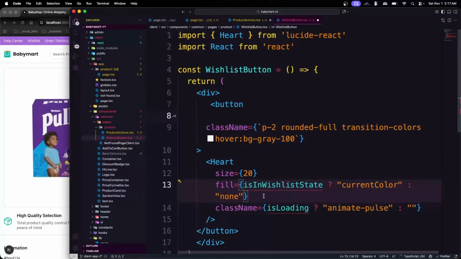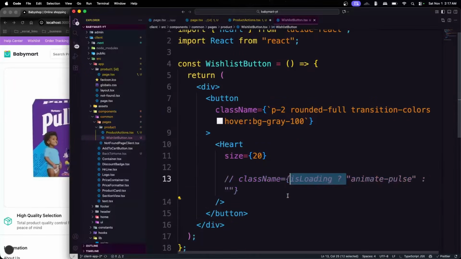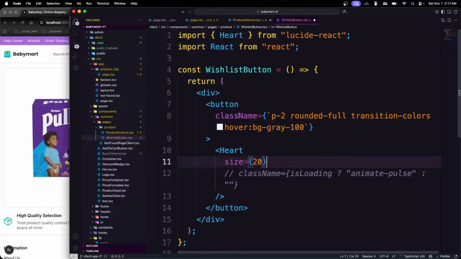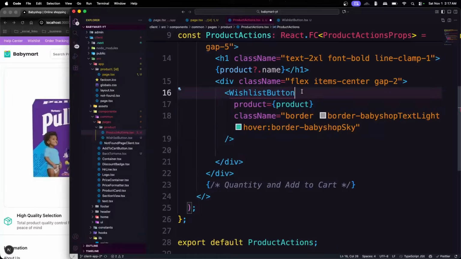And as you can see, the current color, fill color, I'm going to remove that. Is loading, I'm going to remove that. So it should be like that. So this is just a simple wish list button. Here we have button, we have the icon, nothing fancy over here, because we are not gonna utilize that one right now. And so we can just simply pass it over there, we can just import that wish list button, and